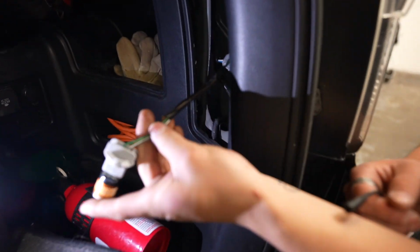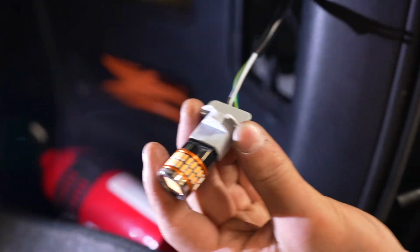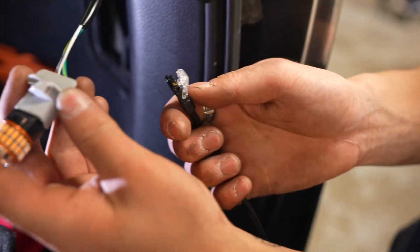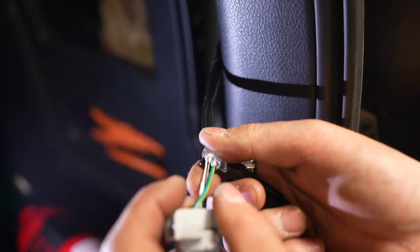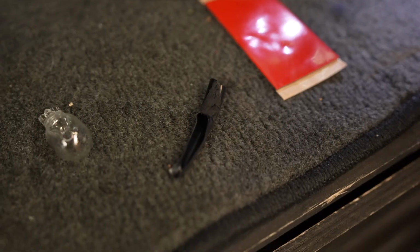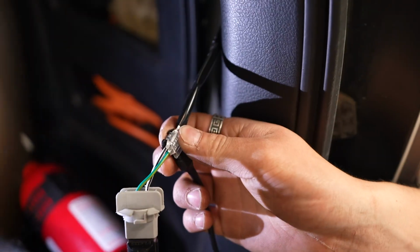Okay, so it will have 2 wires, which is exactly what we need. So grab this part of the resistor, open it, put it right in there, close it. And by the way, we did cut the insulation down a little bit, which is what this is. Then we'll just close it, grab a set of pliers, and we will squeeze that together,